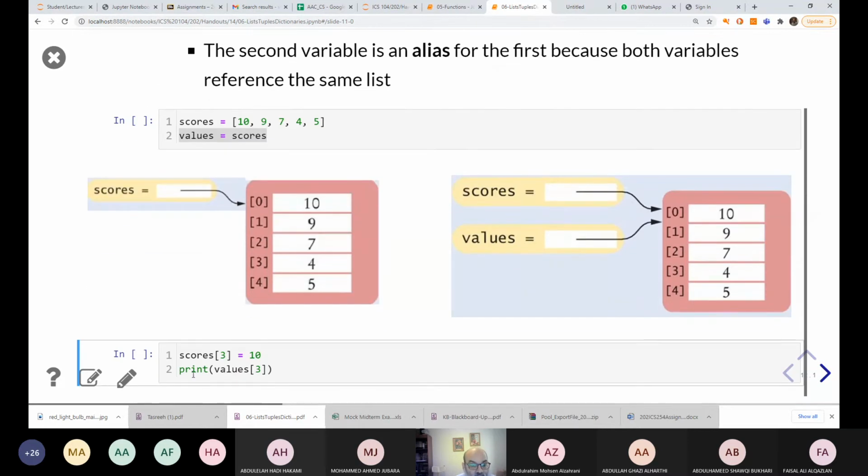So, for example, when you change scores[3], what is the value of scores[3]? Well, if we use this picture, scores[3] is this, the 4. So if you change it to 10, you are also changing values[3] to 10 immediately, instantly, right? Instantly. So that's why, for example, when I try to run this code,